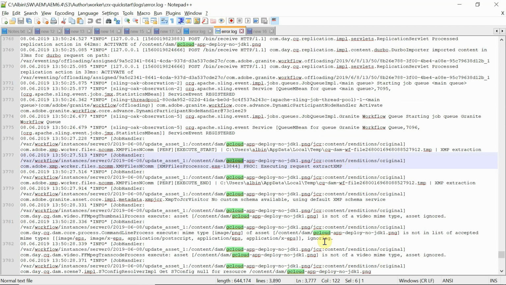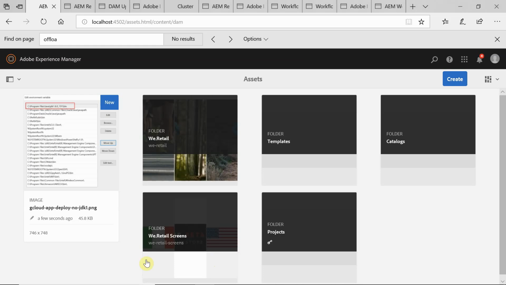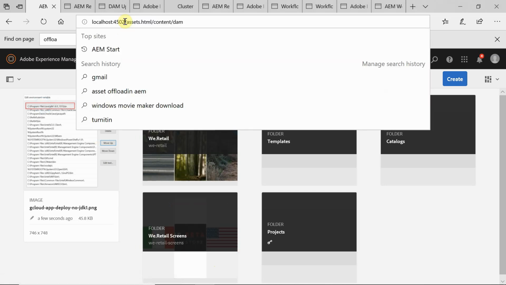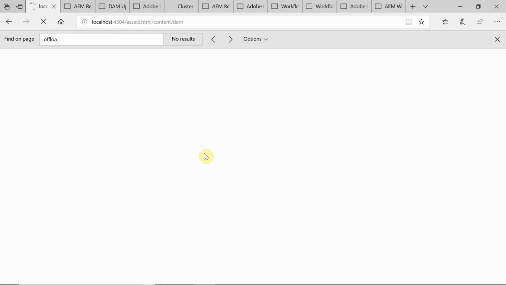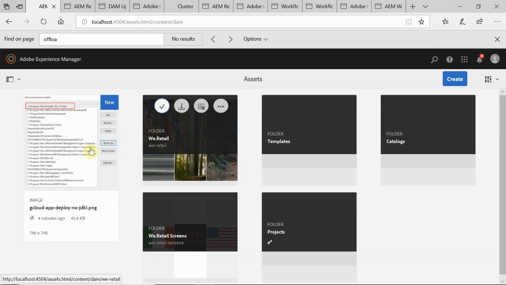That concludes it. One more thing we'll do is see the asset in the worker instance. We have seen it in the master instance looking fine, but we'll go to the worker instance. You will be seeing the same asset in the worker instance also with the same status. Still loading. Yeah, so it's in the worker. You are able to see the same instance.